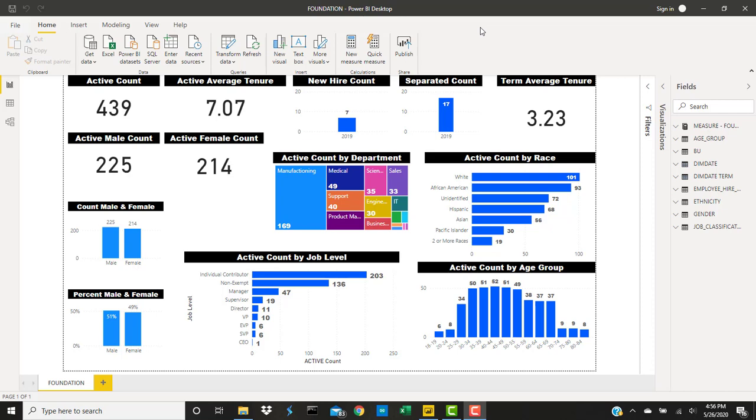I'm going to show you today how to build a foundational headcount report. It's going to include active employees, your total active employees broken down by male and female. It's also going to be broken down by new hire for the year and separated employees for the year. It's going to include the average tenure for the active employees, and it's going to include the average tenure for